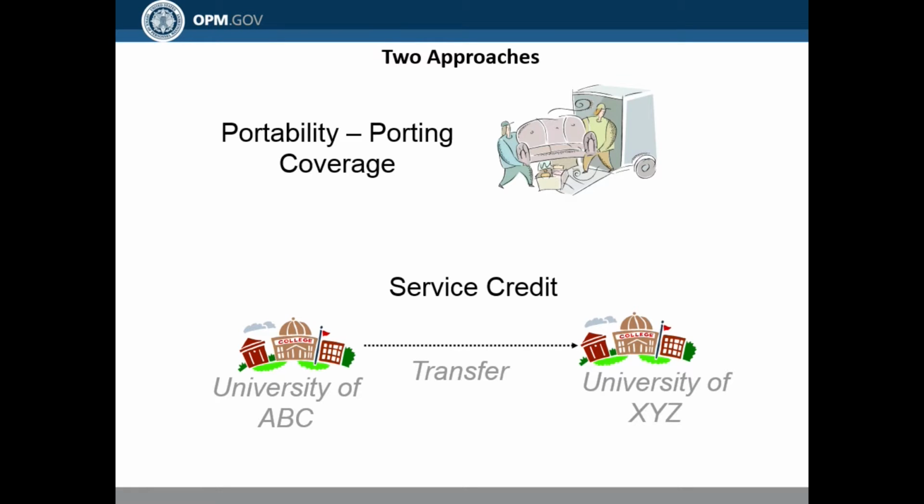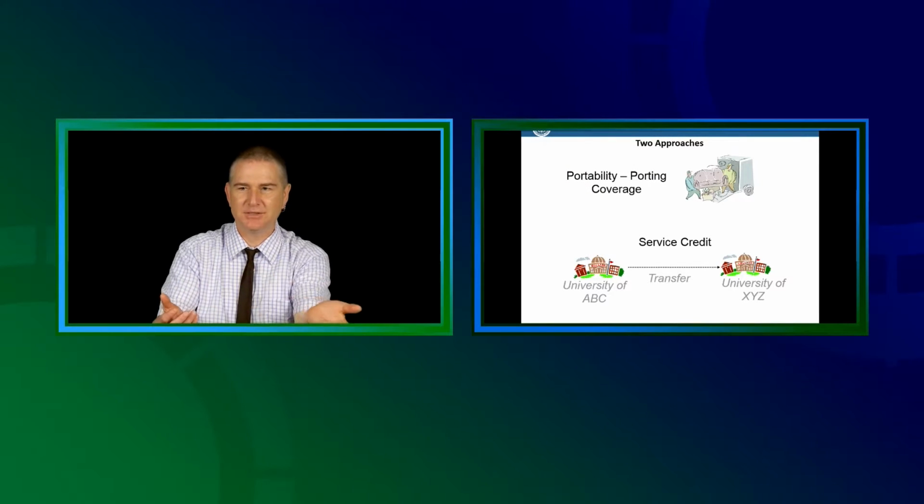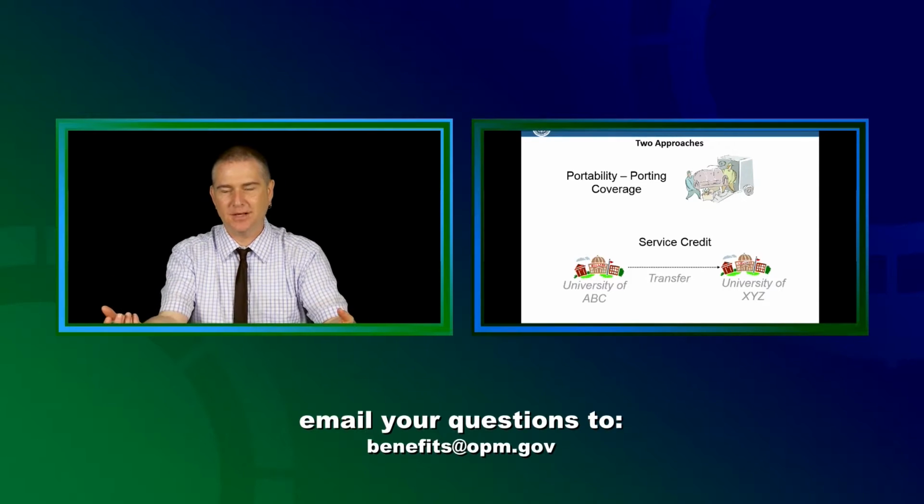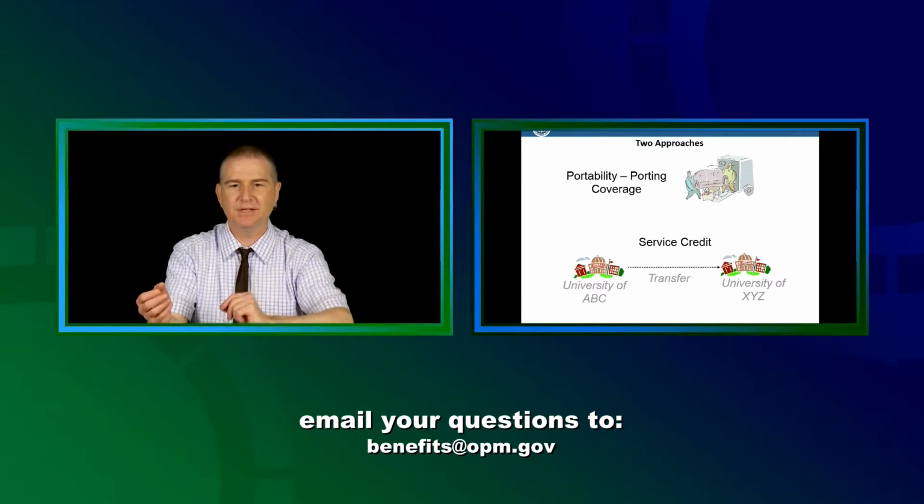Service credit is something different. That's similar to transferring credits from one university to another. You were covered under a NAF plan. You had a period of time where you were separated or not, and you moved to an appropriated fund plan, CSRS or FERS, and you want to get credit in that CSRS or FERS plan for your NAF time. That's the difference. One of them, you're taking what you already had with you and moving it over to a plan that would have normally been covered by something else and retaining your prior coverage. The other one is you were in one plan, you moved to another plan, and now you're trying to get credit for your previous service.